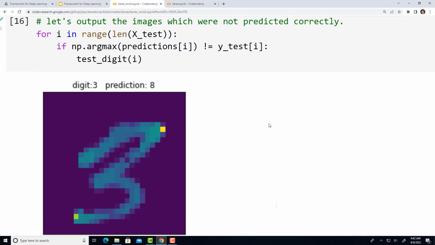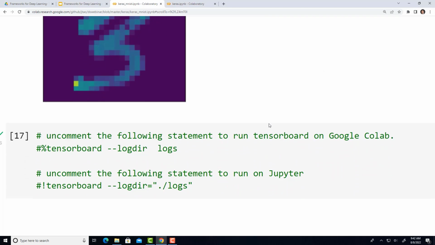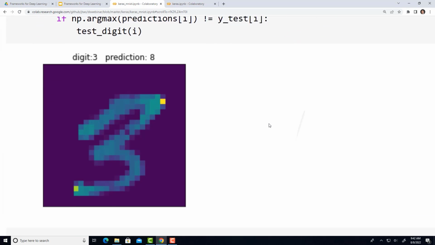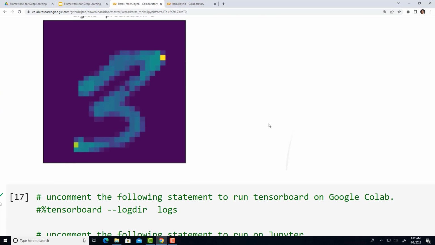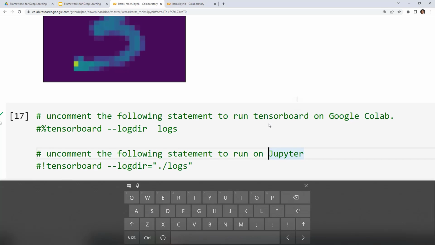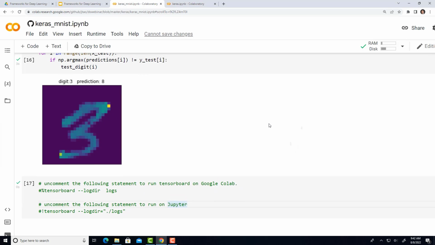So these are the ones not correctly predicted in the testing dataset. Actually, only one here. If you want to run TensorBoard, you can uncomment the following and run TensorBoard on Google Colab. So I won't show it here. If you want to try it, you can try it yourself.